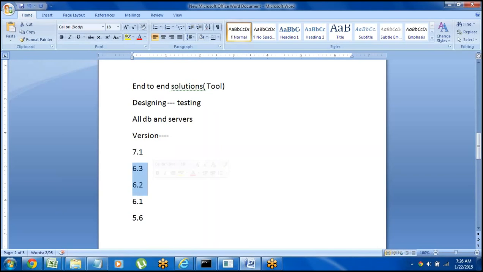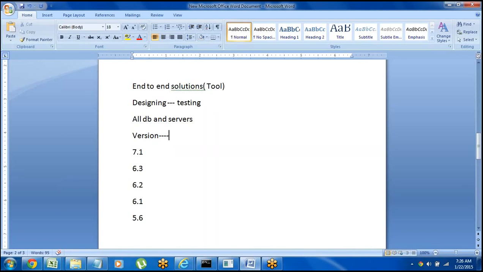About 70% of the companies are using 6.3, and some 30% are using 6.2. It will take some time to adopt the 7.1 version. But if you learn 6.3, we can work on 6.2 and 7.1 also. Some features are added, and I will tell you those features.